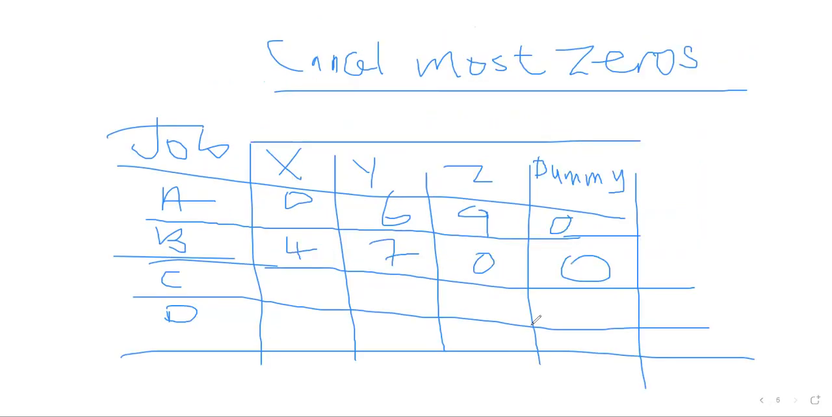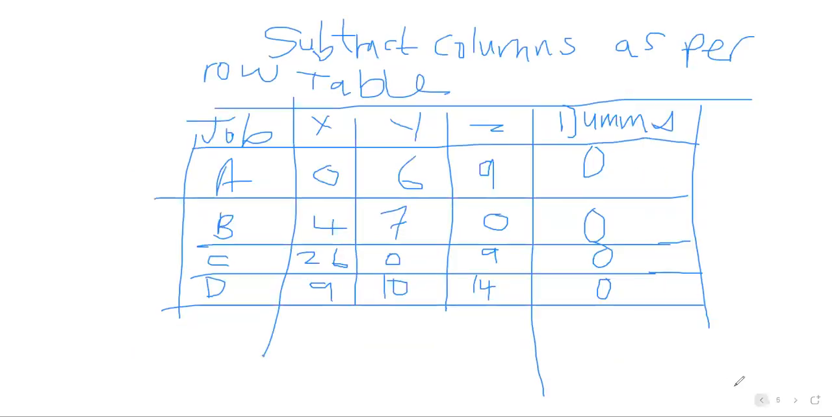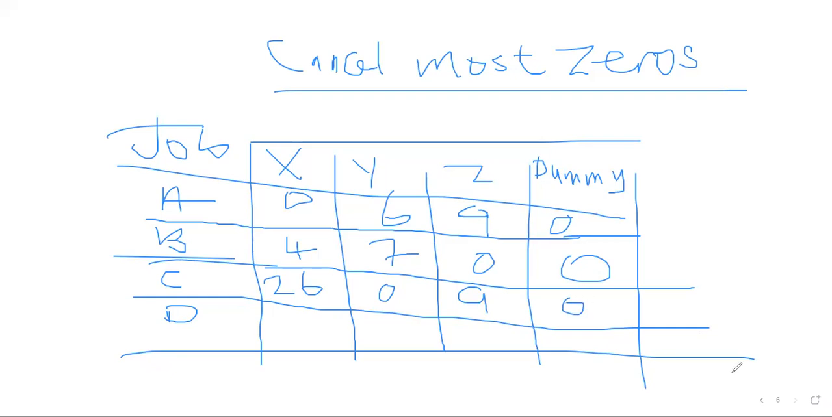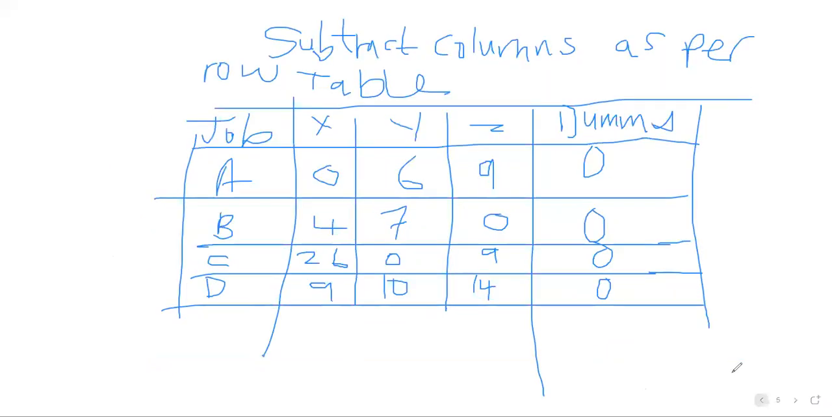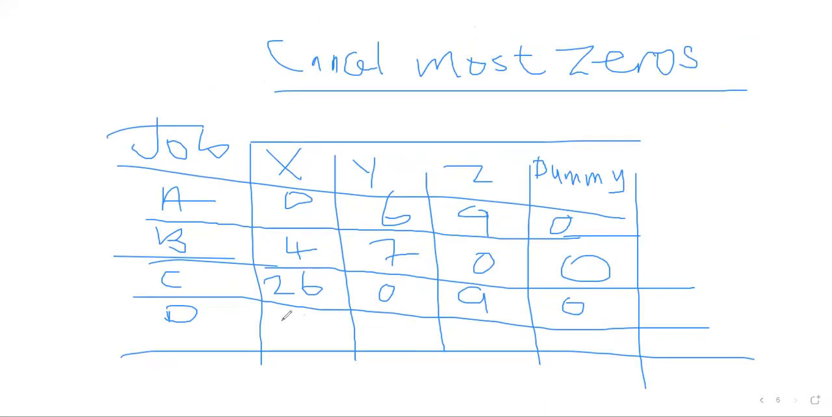Then 26, 0, 9, 0. Then we have 9, 10, 14, 0. So canceling most zeros here, we are going to have